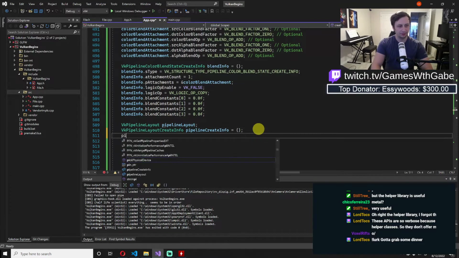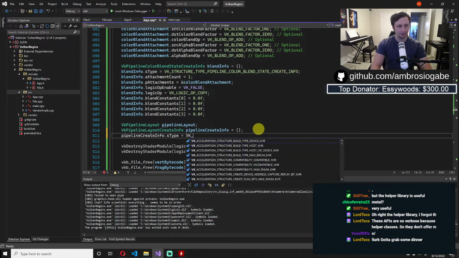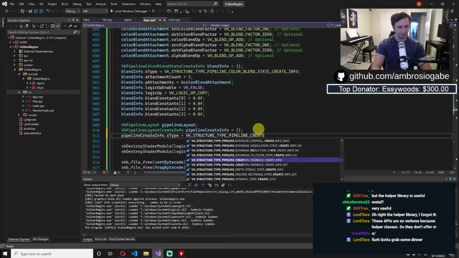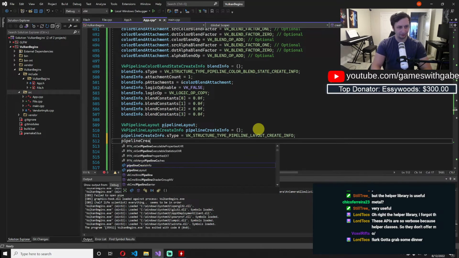So, pipeline create info.S-type equals VK structure type pipeline layout create info. This